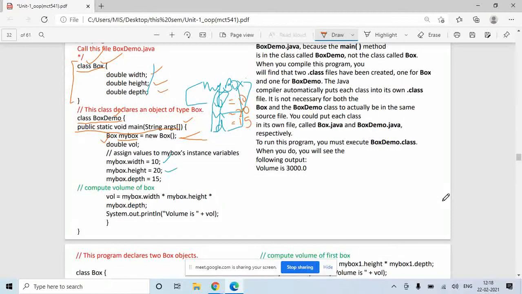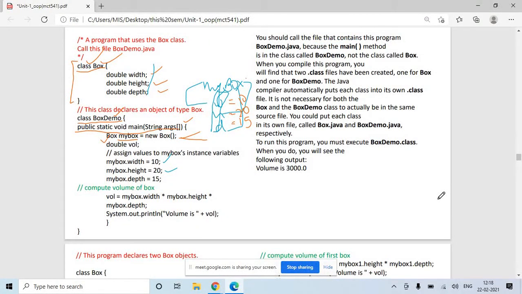So what have you done up till now in this program? You have created a class Box which contains three double type variables: width, height and depth. You want to use that class, so you have created another class. Inside that class you have written a main function.